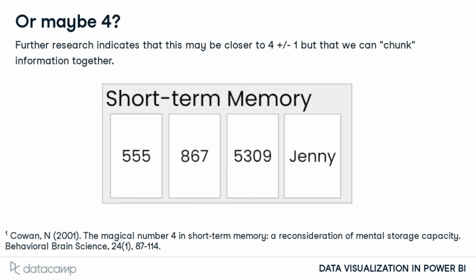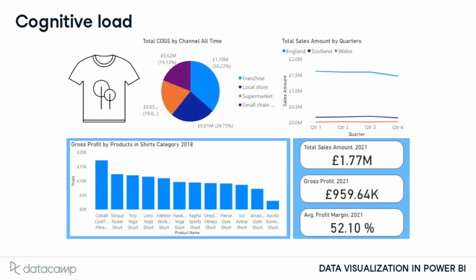Since Miller's paper, further research has noted the importance of chunking short-term memory information, which can help you hold more than 9 individual pieces of info. This matters because of cognitive load. One way to think of cognitive load is how many things on the page can distract me from my task